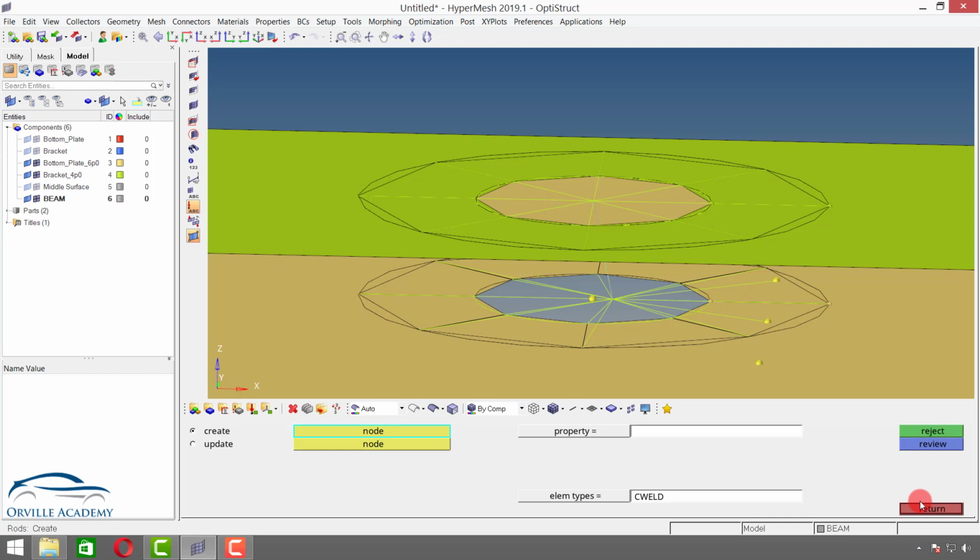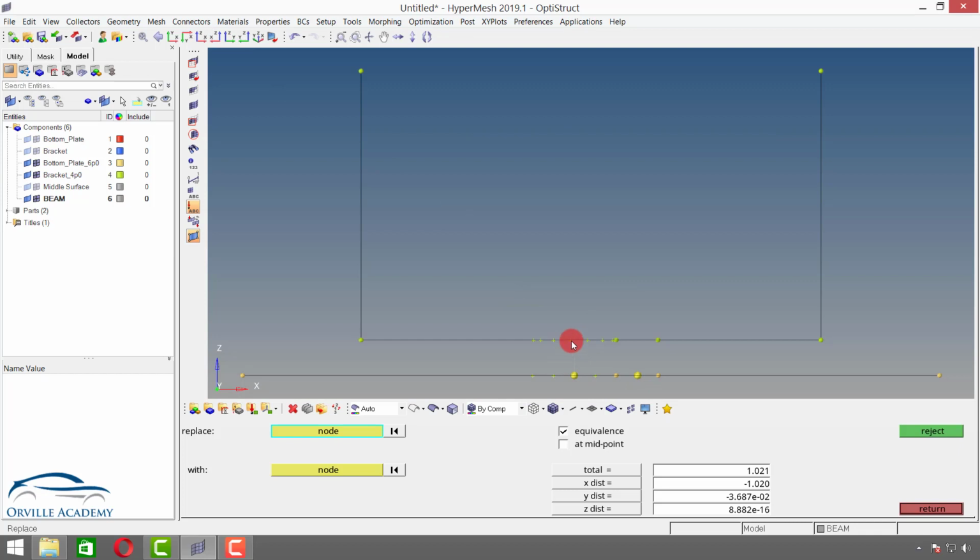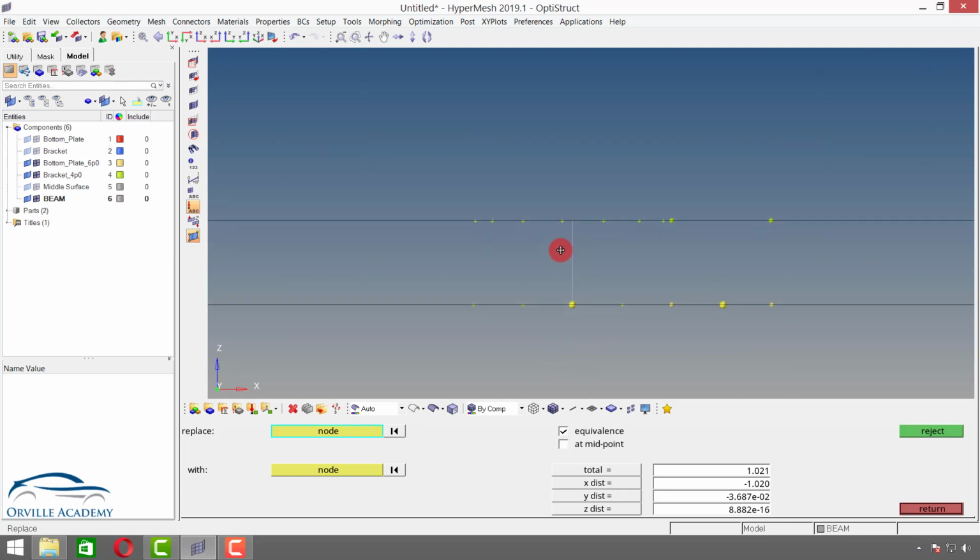Now we know the replace option, so I will go for F3. I want to replace this node with this node. So now you can see if I come to the perpendicular view, I will have a straight beam. This is a very important thing, because at the end of the project we have to tell the customer or our design team that the bolts that they have designed are withstanding the stresses. So in order to calculate those section forces, this particular thing is important. In that case you have to project the node like I have shown over here.